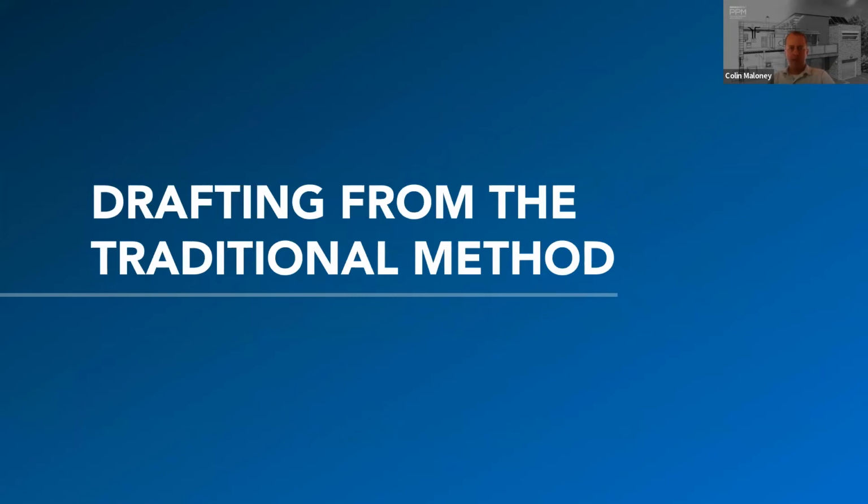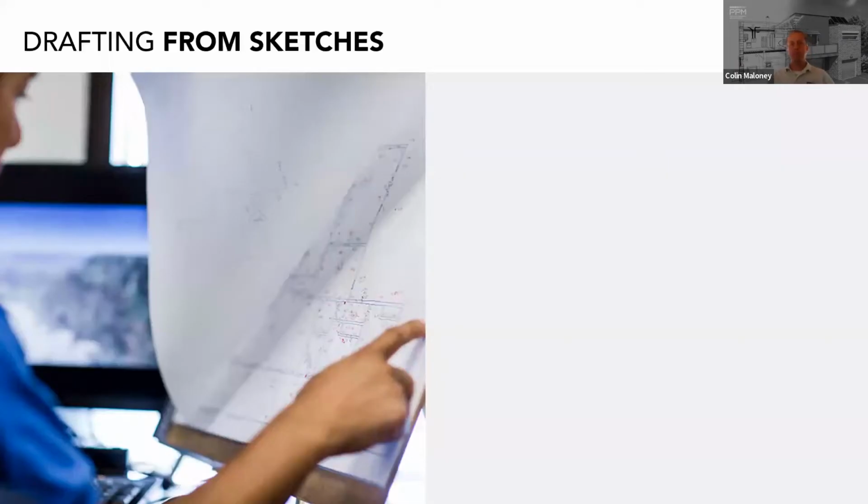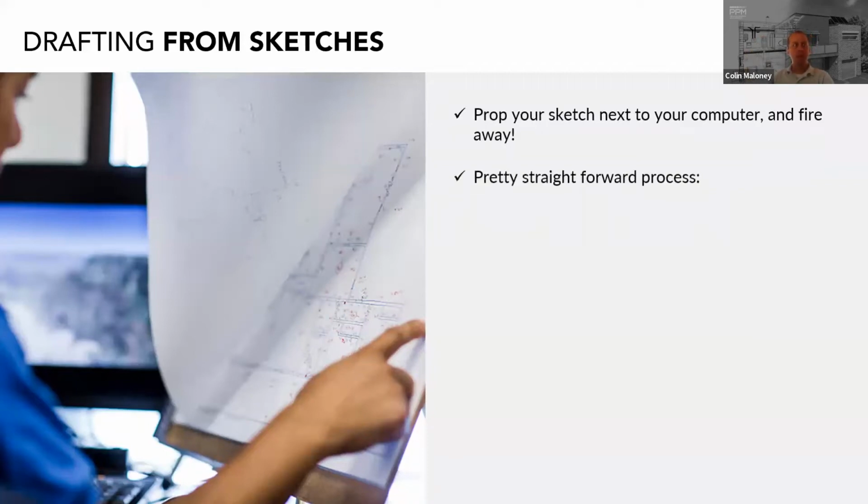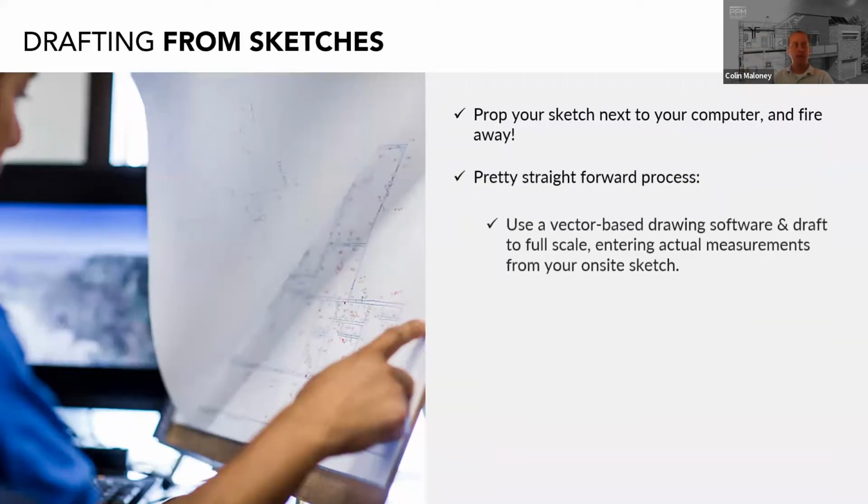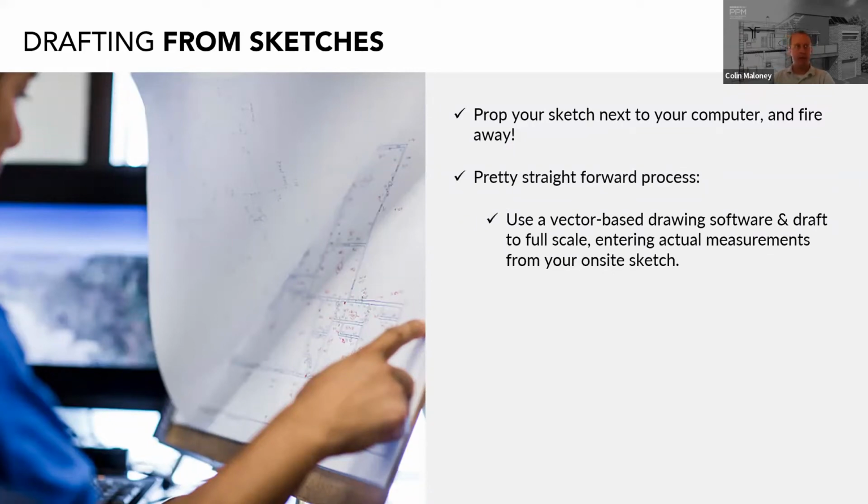I know that we've recently been talking about scanning, so now we have to shift gears and go back to that traditional method just for a little while, and how to translate those sketches into great as-built plans. Prop your sketch up next to your computer and fire away. Pretty straightforward process. You use a vector-based drafting software and draft to full scale, entering the measurements from your on-site